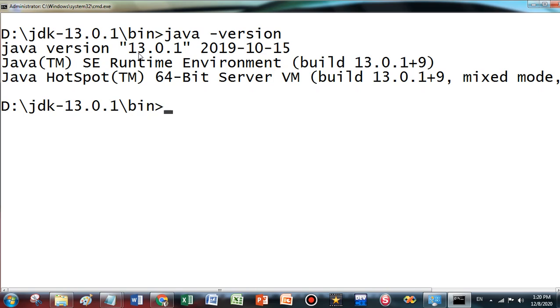So I have installed it previously. It is actually 2 years old software, or maybe previous year they have released this version. So in the same manner you have to check this. If you are getting this message, then Java is installed, and you can run Java programs by just typing Java